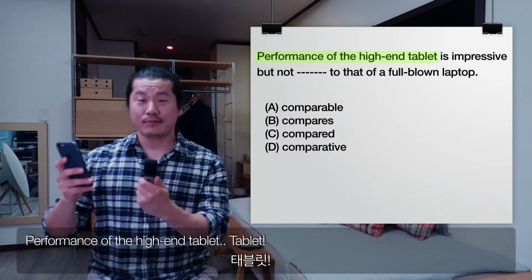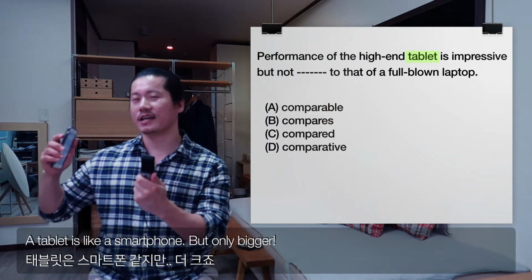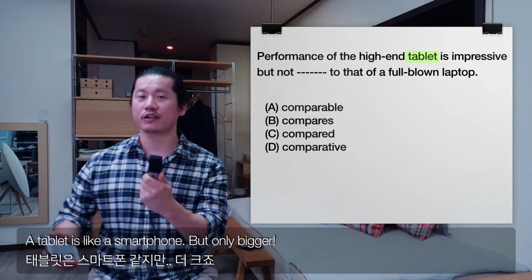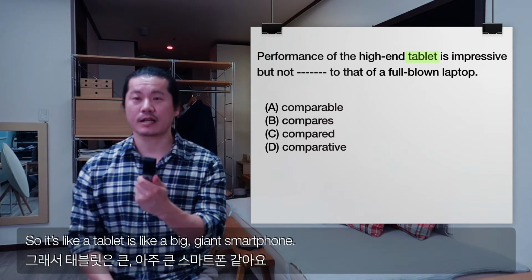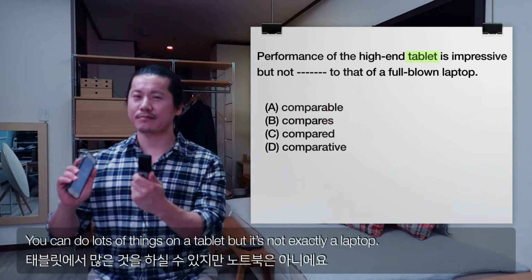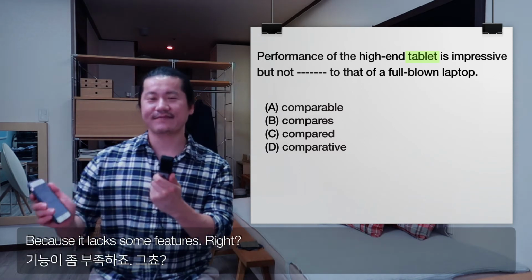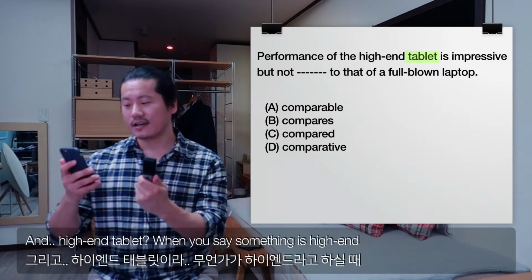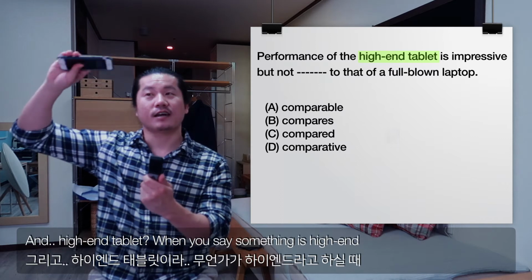Performance of the high-end tablet. We know what a tablet is. A tablet is like a smartphone, but only bigger. So it's like a big giant smartphone. You can do lots of things on a tablet, but it's not exactly a laptop because it lacks some features, right? And high-end tablet, when you say something is high-end,